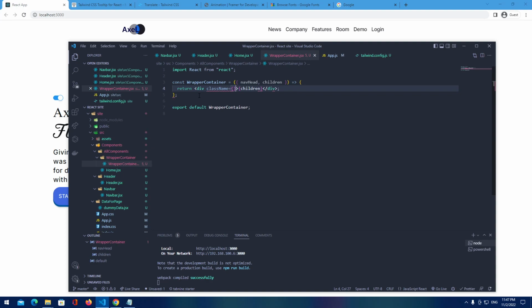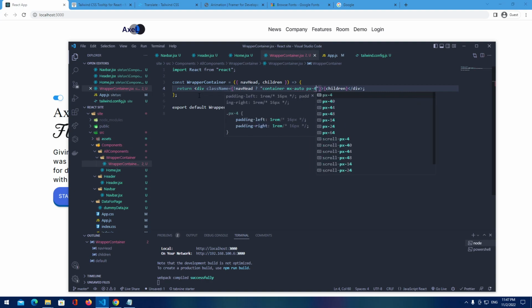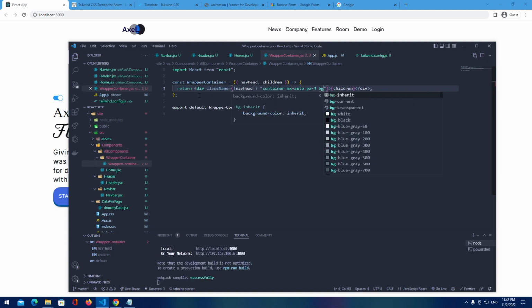So if there is no nav head, we're gonna provide one class, and if there is a nav head, we're gonna provide a different class. So it's gonna be container, then we're gonna have mx auto, padding x of 4, background it's gonna be wrapper, we're gonna add it as well, wrapper background,